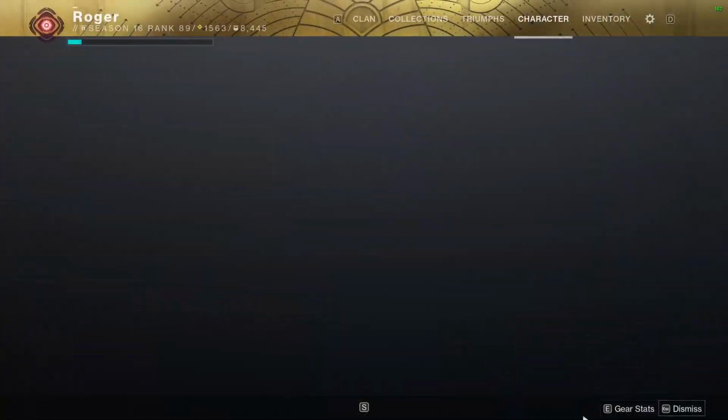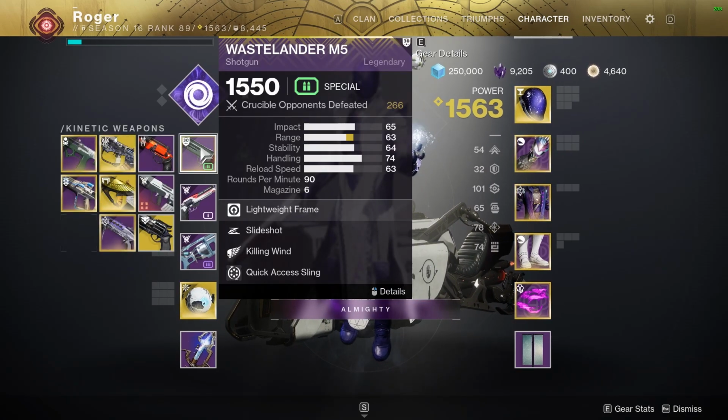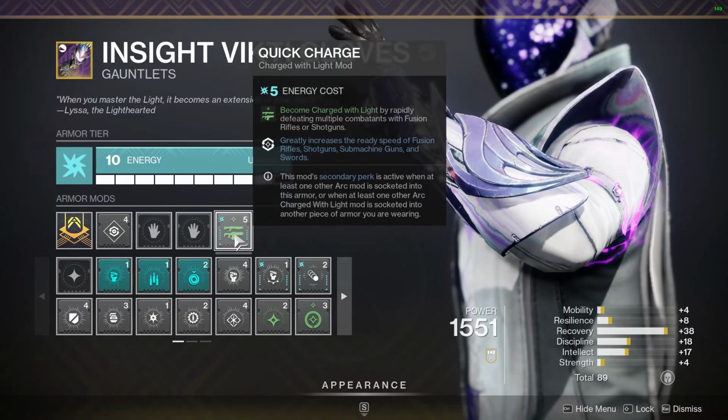It just makes the Cantata even better than it already is. For the gloves here, I have quick charge on. We do not have quick draw on this shotgun, so we need something to help it. It does have 74 handling already, so that's pretty good, but with quick charge here, that's going to become